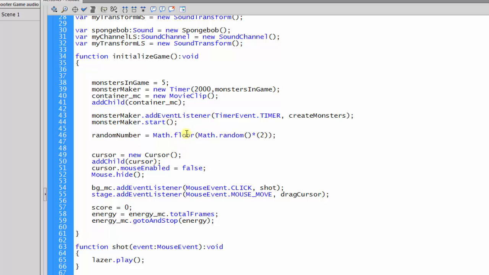So if it's 0.2, it becomes 0. If it's 0.8, it still becomes 0 because you're always rounding down. So you don't round off 0.8 to 1. But as soon as you go over 1, so 1.05, that goes down to 1. 1.999, that goes down to 1. So this statement right here is going to generate numbers that are either